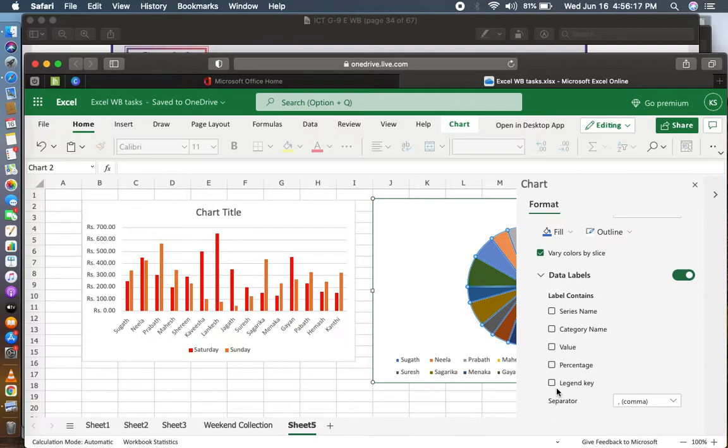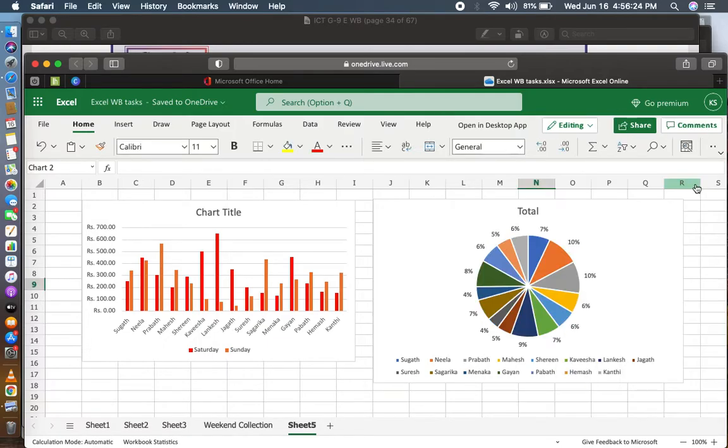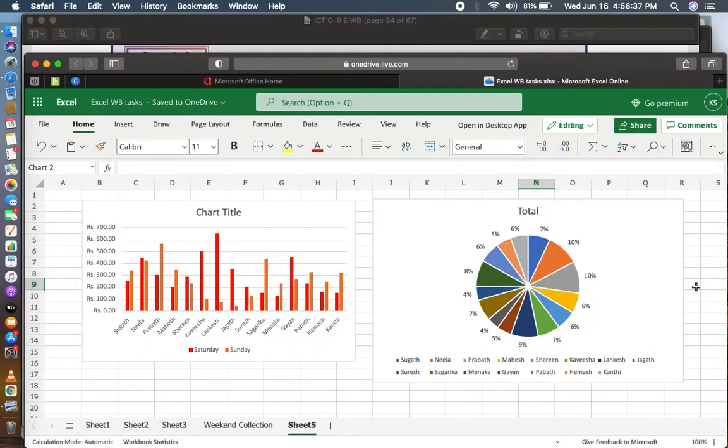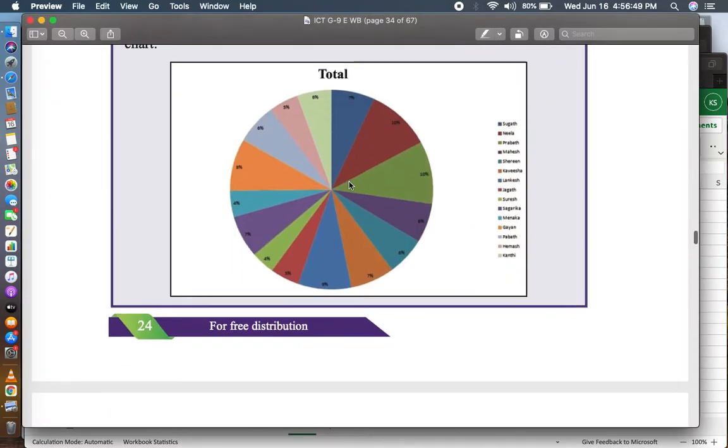What we do is we click on percentage, close that pop-up, and we get the percentages showing similar to the way it's shown in the workbook. So that's what I wanted to show you today in this short lesson. And then when we go back to the workbook,